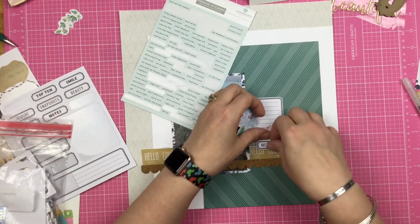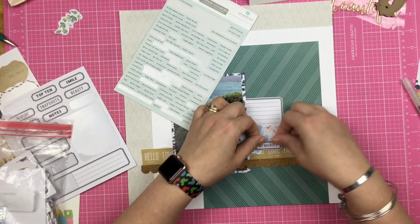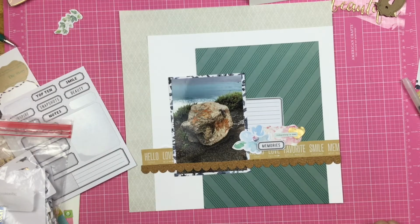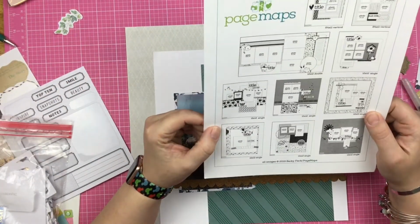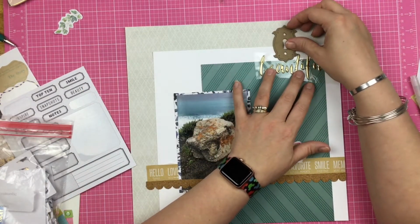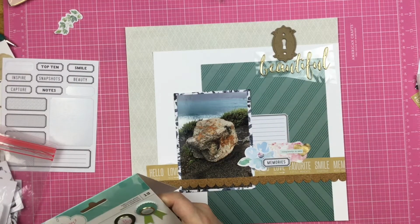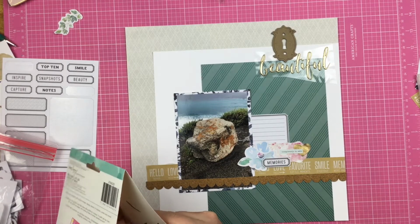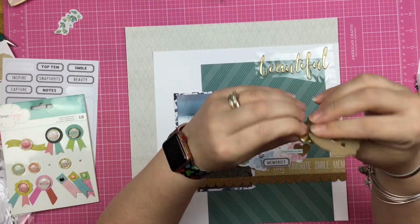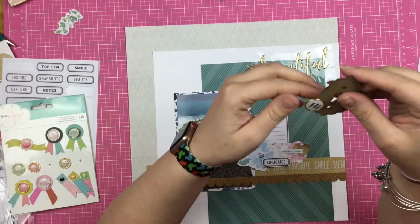Sketches are a great thing for when you are just kind of like, oh, I want to create, but I don't know what I want to create. Sketches are great when you're like, I feel like I'm making the same layout over and over again. And sometimes you might literally be making the same layout over and over again, where you're using the same page composition, the same kind of embellishment, the same size photo. And I felt like that this past August, just last month, I got a huge amount of pages done, you guys. I did 111 layouts in August, and while I was scrapbooking, I was like, I'm just making the same page over and over again,